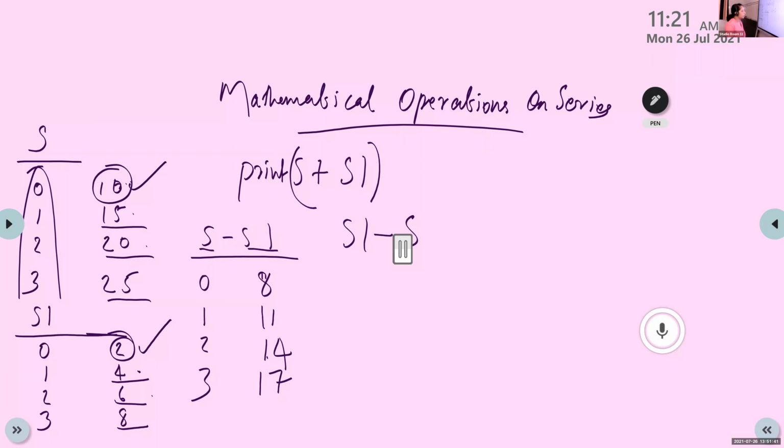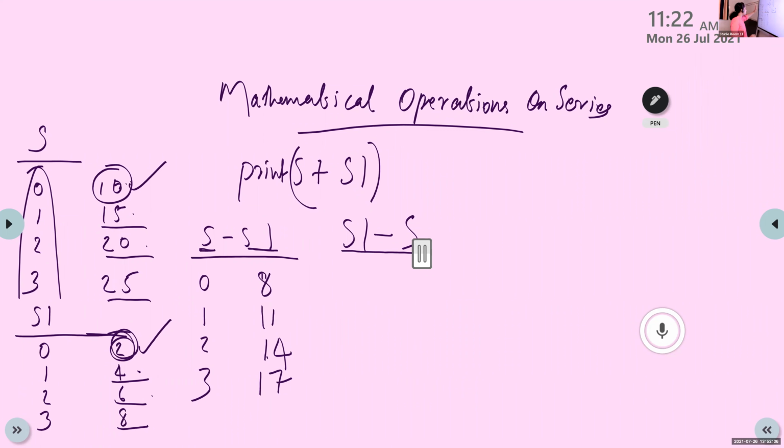Okay, just like that. So here it is S minus S1. The first value is from S and the second value is from S1. So 10 minus 2, the result is 8. If it is S1 minus S, you first take the first value from S1, that is 2 minus 10, is the answer for S1 minus S. So here it is S minus S1.